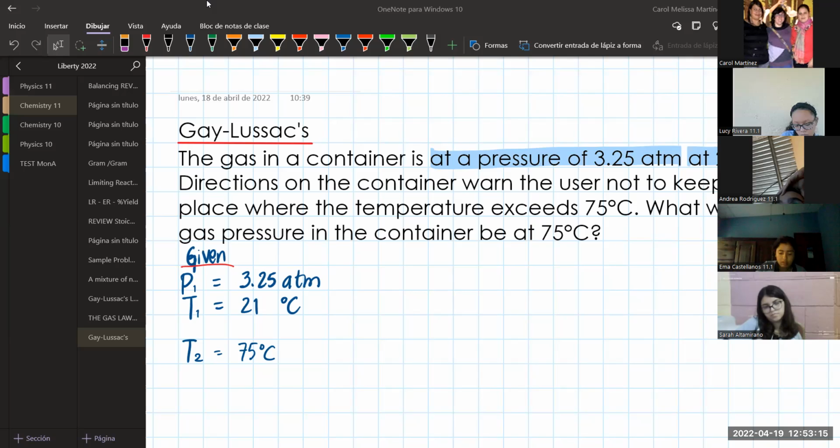The problem asks what will be the gas pressure in the container. That means I need to find my final pressure. So for the data that the problem is giving me, they are giving me pressure and temperature. Basically, we are just relating